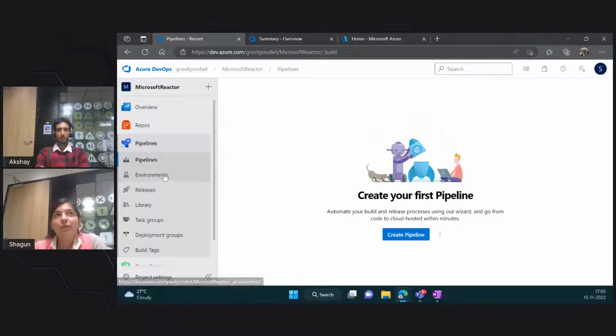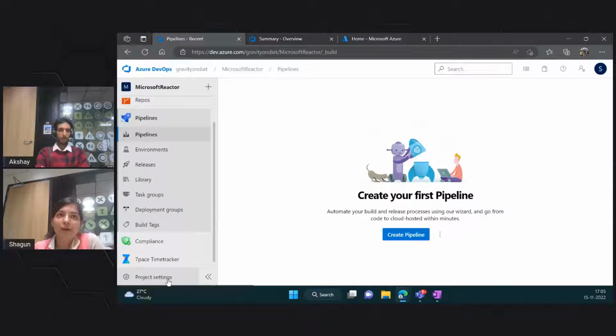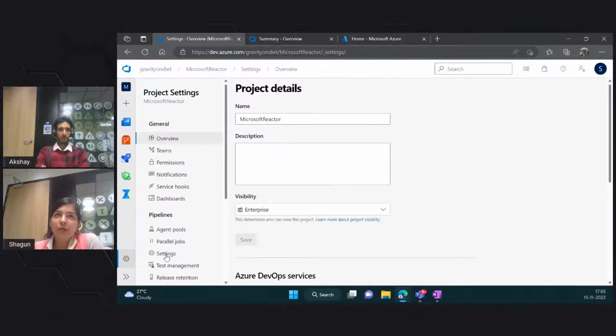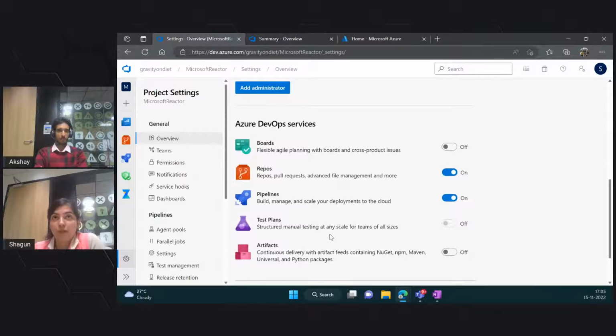Starting with Azure DevOps, we could see various components like repositories, pipelines, boards, and artifacts. You must be wondering why you can't see the other components of Azure DevOps. It's because we have this feature where we can enable and disable what we want to see on our interface. I have disabled the boards and test plans because today we will be focusing mainly on repositories and